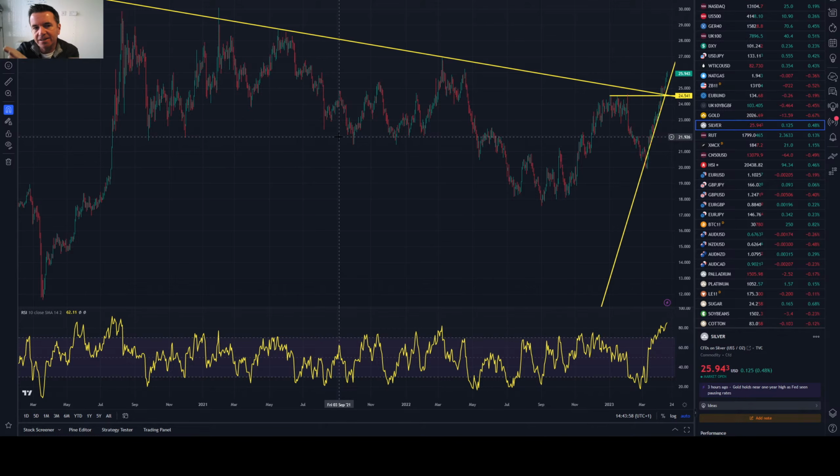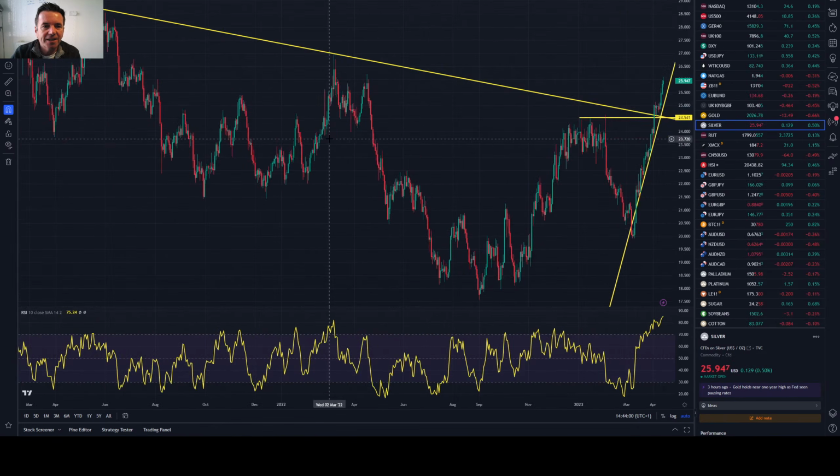What's interesting, taking the bigger picture, going back to the highs in May 2021, two years ago, it's breaking out of this downtrend, this trend that has pretty much held the price of silver down for a couple of years. It's breaking out. So that's been a particularly strong market over the last month or so. So really interesting, that silver.